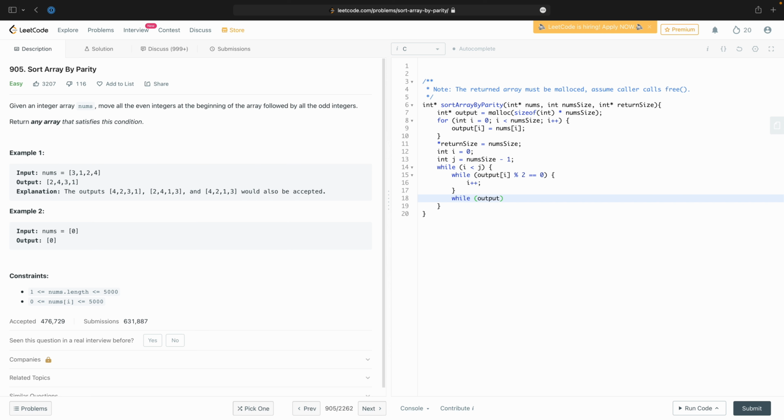While output j mod 2 is equal to 1, while it's odd, j gets decremented. And then if i is less than j,